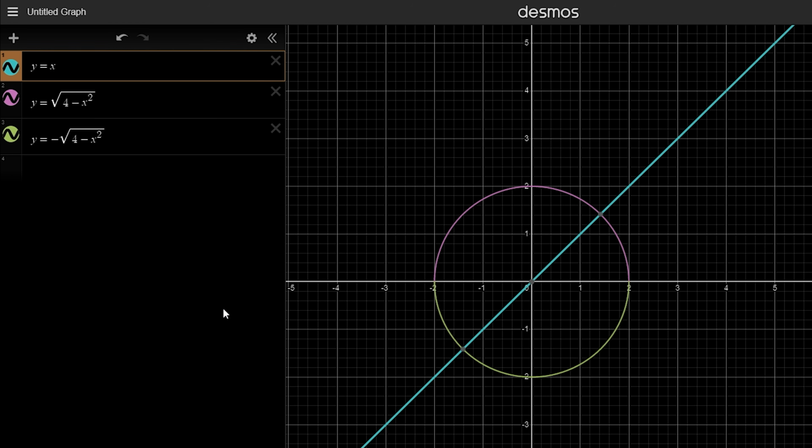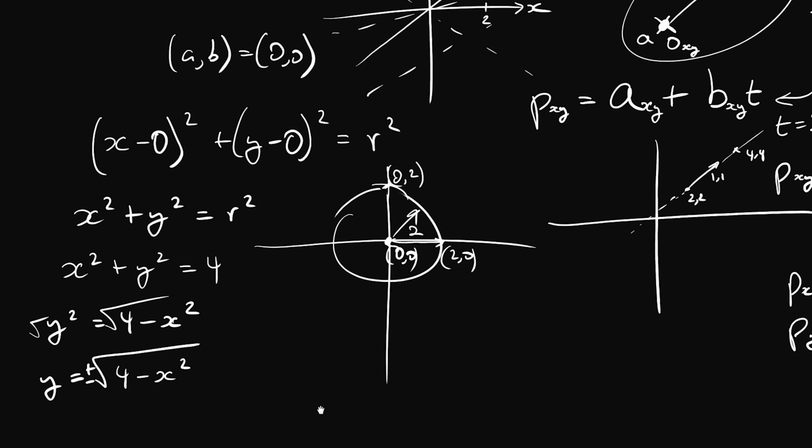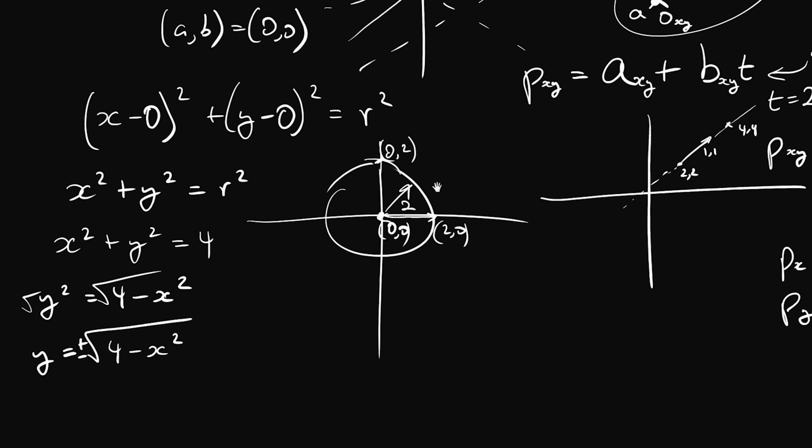However, seeing it visually like this is all great, but if we're going to be writing a computer program to do this for us, then we're going to have to set this up in terms of equations, not just visually kind of winging it. Even though, yes, in mathematics, of course, this is a valid way to solve equations. But the cool thing about seeing it visually like this is we have a way to double check our working out and make sure our solution is correct because we can visually see these 2 points of intersection here. So going back to here, how can we actually solve this equation?